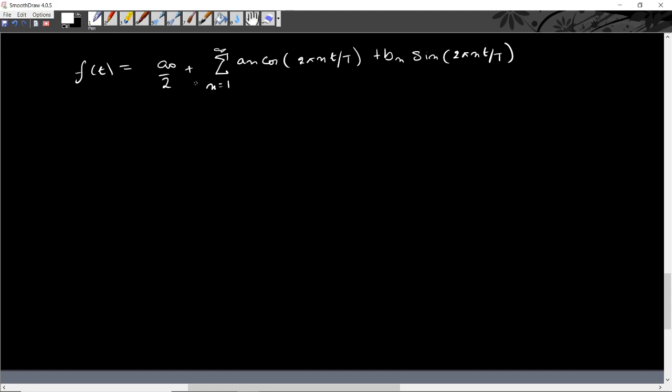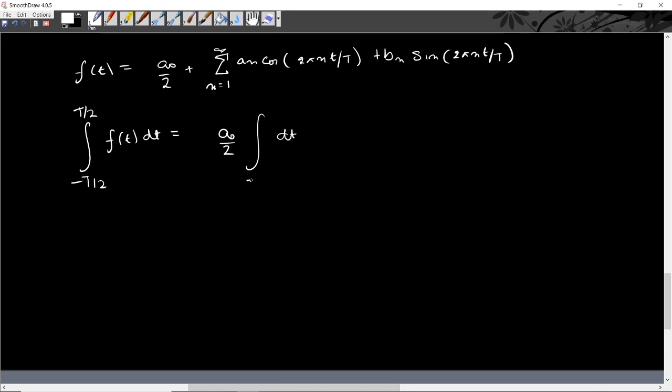Okay, so the first step is to try to find this coefficient a naught. We know that if we integrate these cosine and sine functions over one whole time period, then these integrals are 0. So what we'll do is integrate both sides over the time interval minus T by 2 to T by 2, and we note that if we perform this integral for all these terms, then that integral would be 0, as we have seen earlier. So we are just left with one term